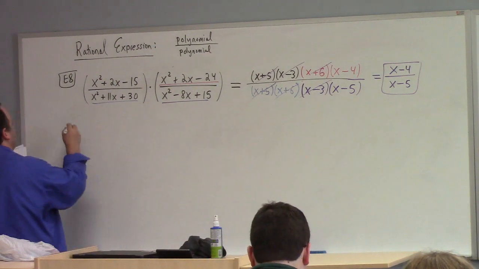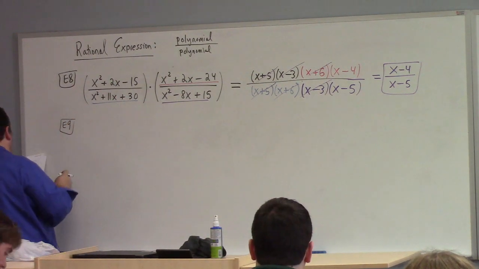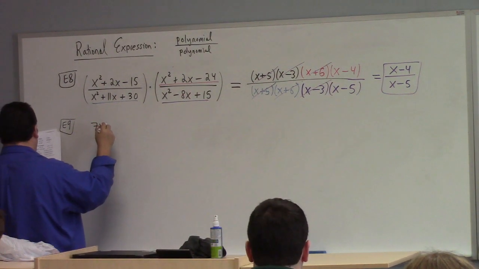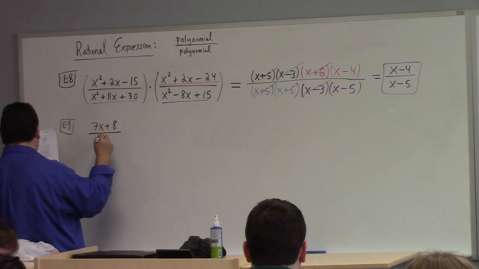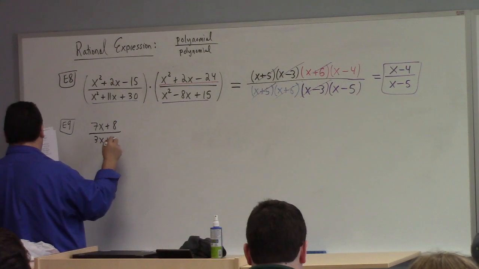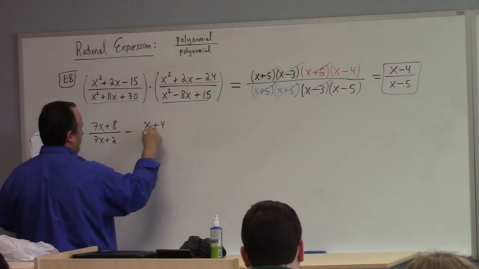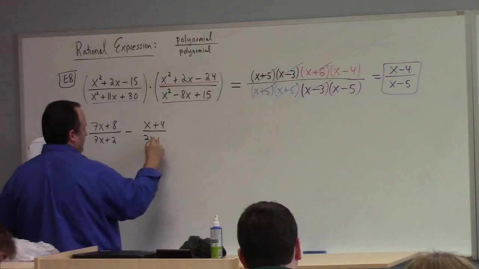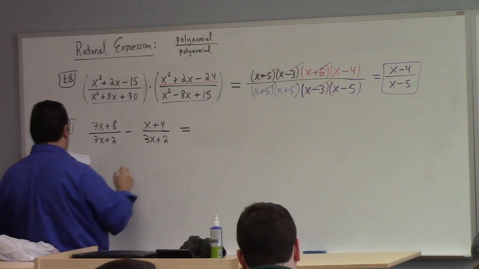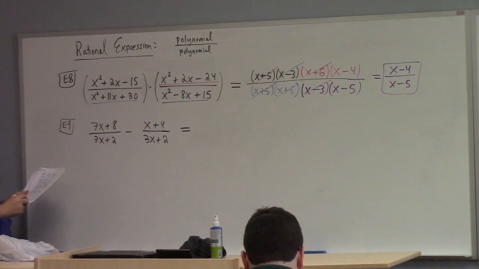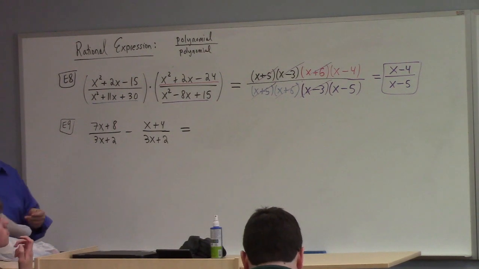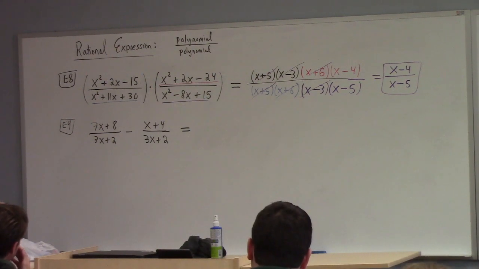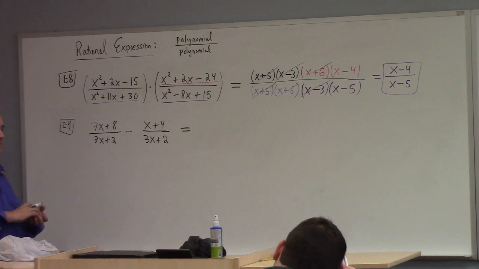So, example 9. Here we're up against 7x plus 8 over 3x plus 2 minus x plus 4 over 3x plus 2. Well, this one's too easy. Why is this too easy? Just cancel the entire denominator. Well, we can't just cancel the denominator. But the point is,